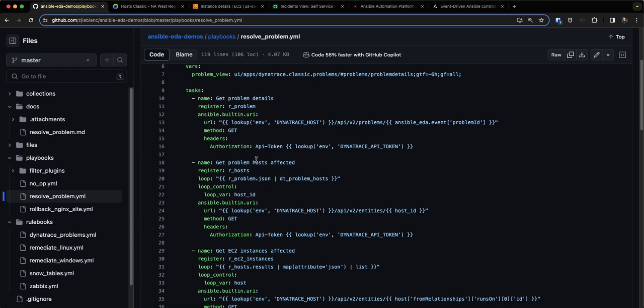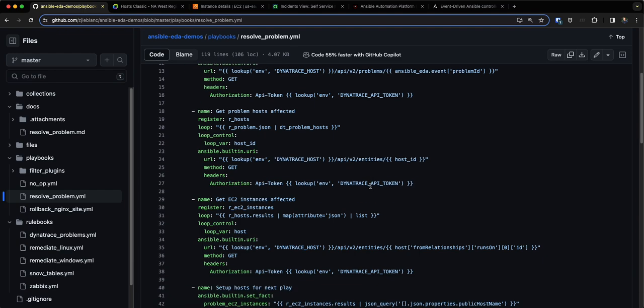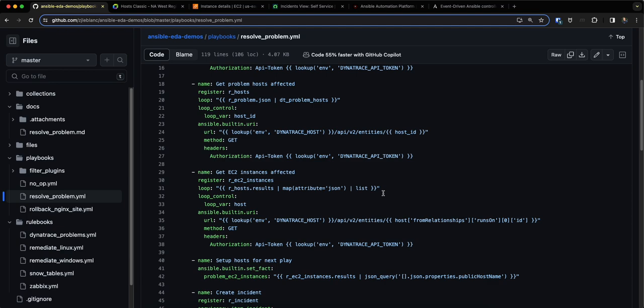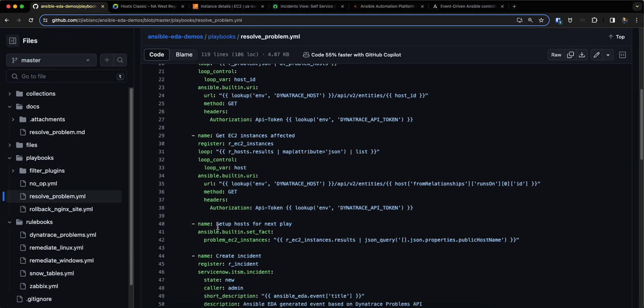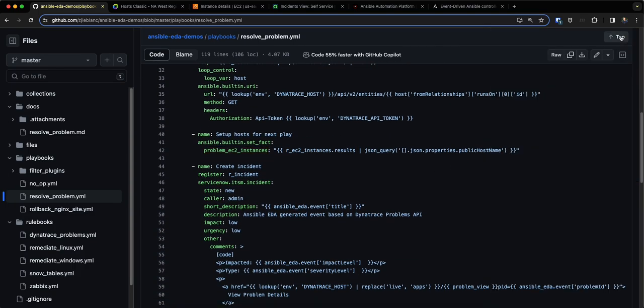So once I get that host ID and I'm able to extract that from the payload that I get from the event, I then am going to once again hit the Dynatrace API and get information about the host itself. And I'm doing all of this to eventually get to the point where I actually have the affected instance so that I can then use Ansible to connect to that instance and run an automation playbook. So that's what these steps are doing here, and you'll see towards the end, I've got this EC2 instances results, and I'm going to query for that public host name, and I'll set that to a fact here, and you scroll down,